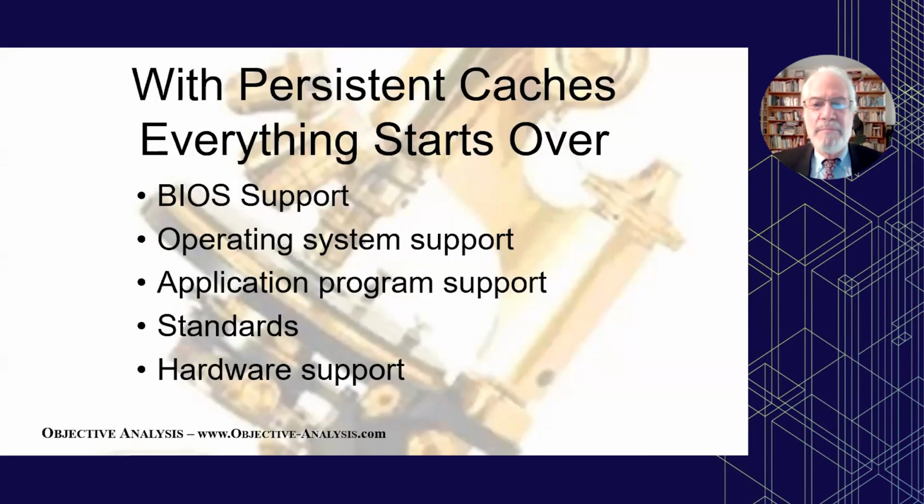But the trouble with persistent caches is that all of that infrastructure that I was talking about with the Optane and the SNIA non-volatile memory programming model and the MMU and the processor changes and all that needs to change again. And it even goes down to the BIOS. The BIOS needs to understand that the processor has non-volatile elements that it didn't used to have. It's also kind of an interesting problem that if you have a problem with your processor, you can't simply reboot. You have to reboot and tell it to ignore what's inside the persistent memory,